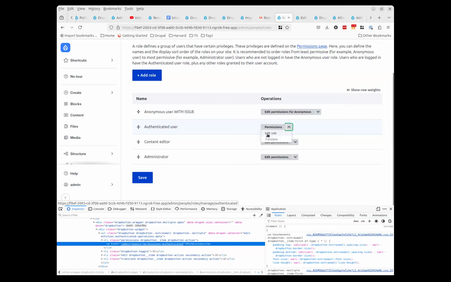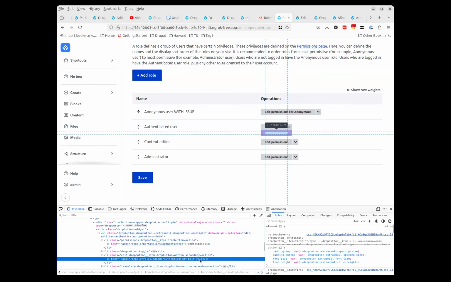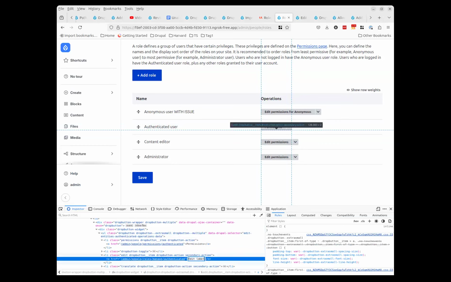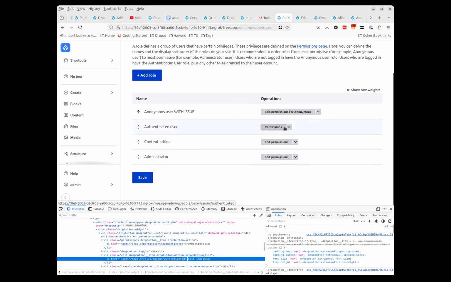Yeah, so keeping it as edit has the advantage of consistency. That's what we see other places in the UI. I'd also like to suggest, I'm not sure I'm actually advocating for it, but just something to consider, changing it to edit label.